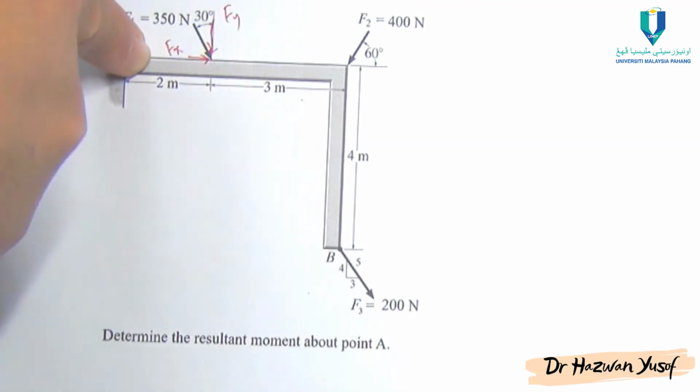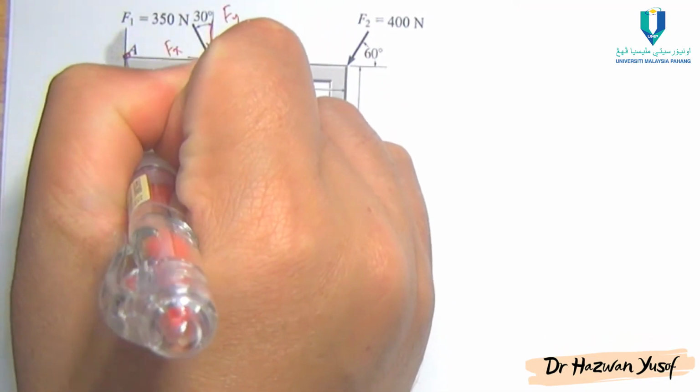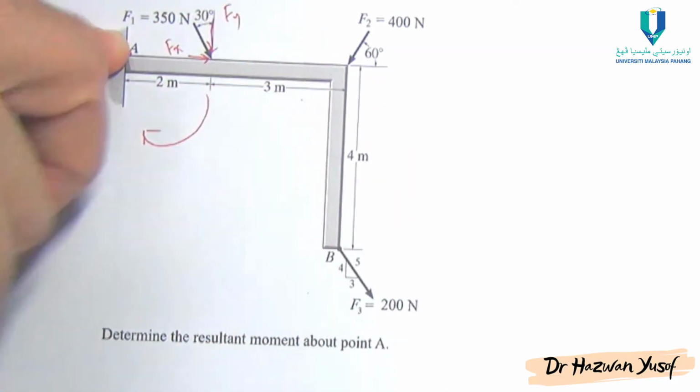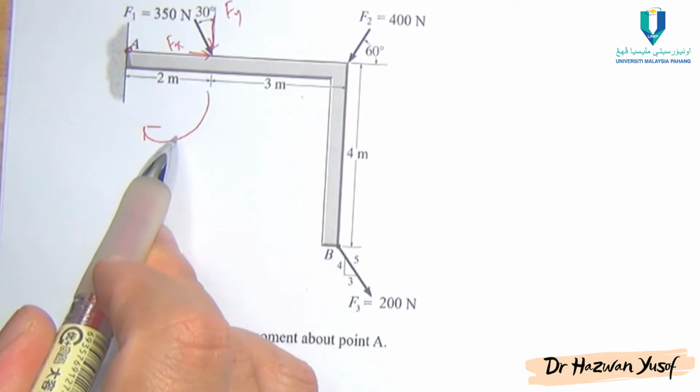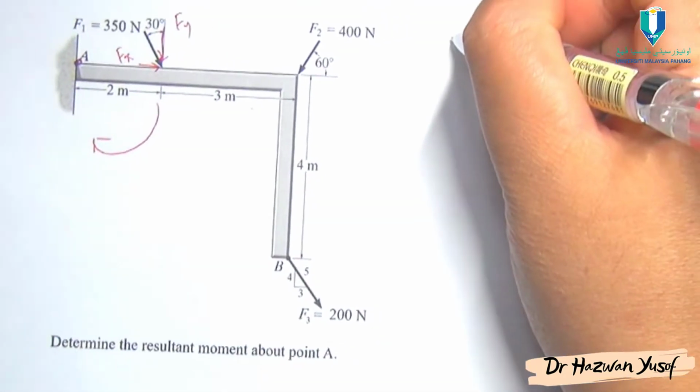So what will happen if you move downwards? As you can see here, this Fy will create a clockwise rotation. Fy downwards, clockwise rotation. Then you know this one is the clockwise rotation. So let's try to solve this equation. So let's assume